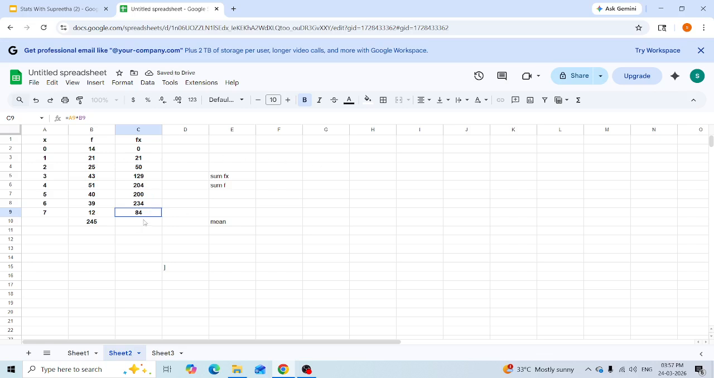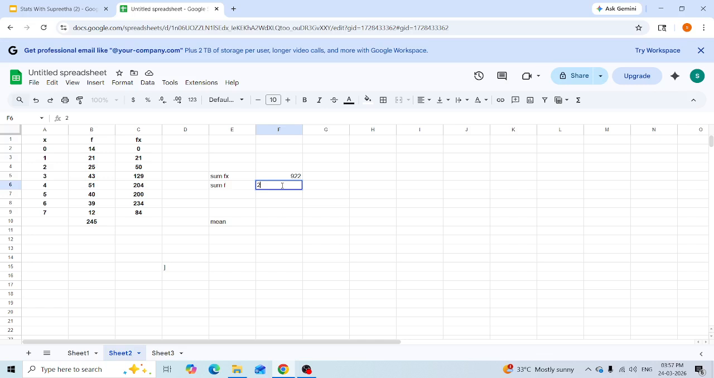So sum of fx equal to... okay, there might be some problem. Okay. Sum of f is